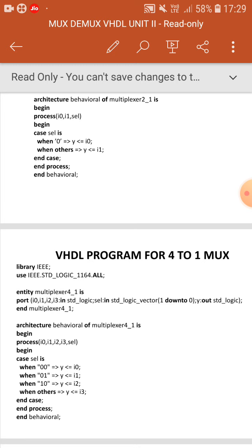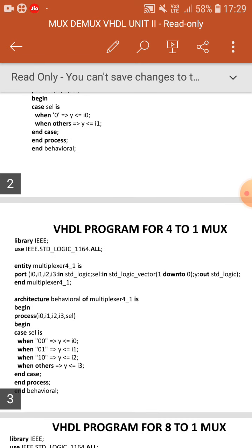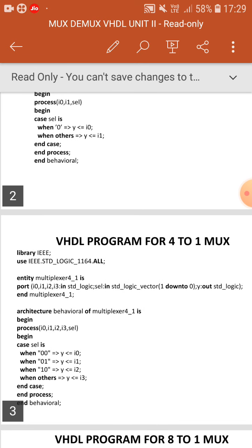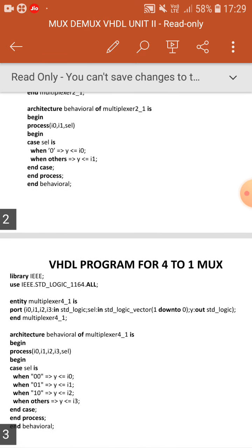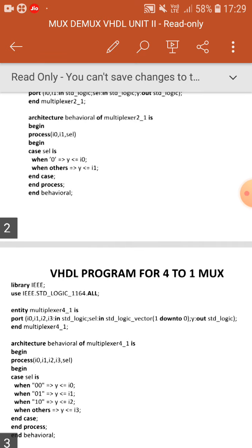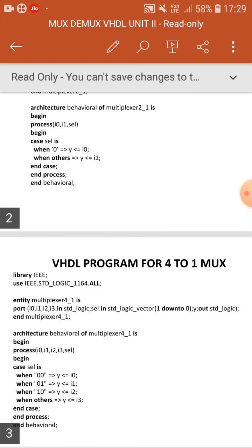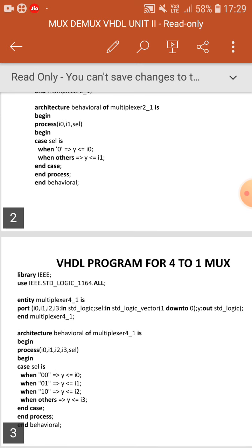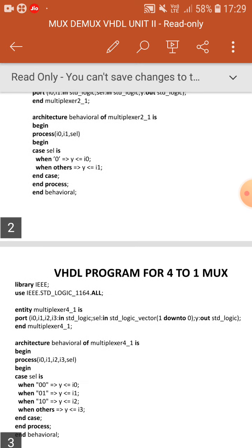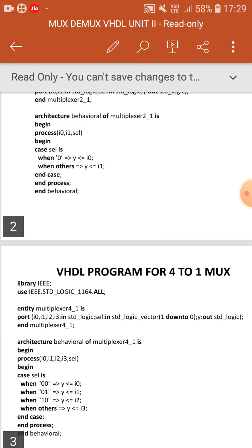Case SEL is, next line when 0, Y is equal to I0. When others, then Y is equal to I1. In 2 to 1 multiplexer, if select line is 0, then Y will be I0. If select line is 1, then the output Y will be I1.